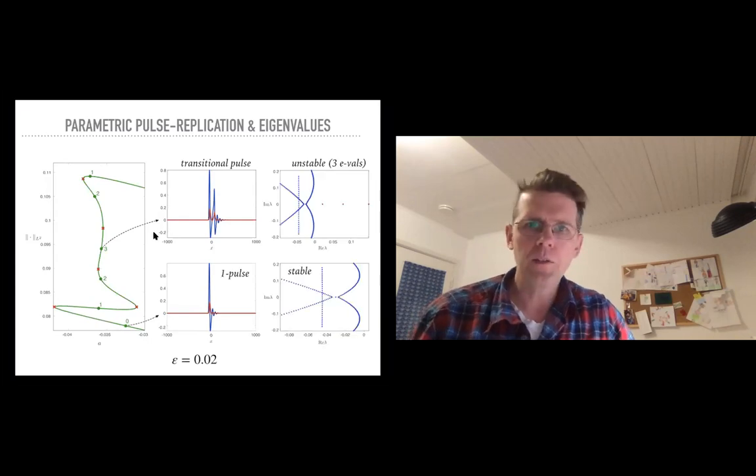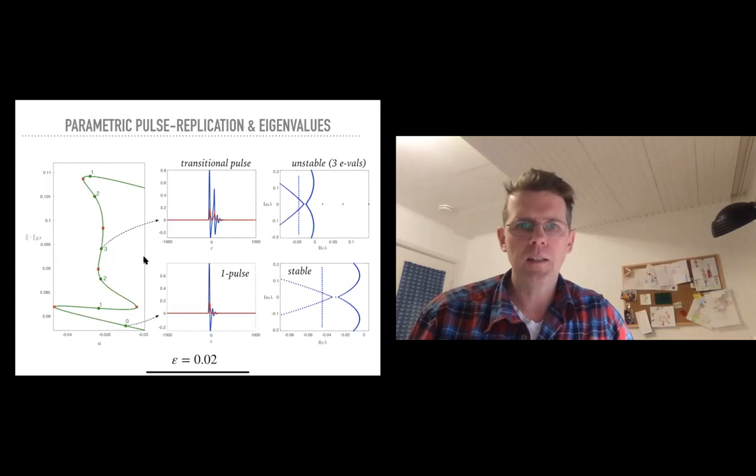And now we come to these eigenvalues. And as I said, the numbers give the unstable eigenvalues. First of all, at the bottom here, there's 0. Nevertheless, there's all these blue eigenvalues. Let me guide your eye. So here's 0 real part. So here is the origin in the complex plane. Of course, the origin is an eigenvalue, but in this computation, it has been factored out, so it's not visible. What is instead visible is all this blue stuff here, which is associated with the essential spectrum of the background state, and it's stable. So here this is stable.